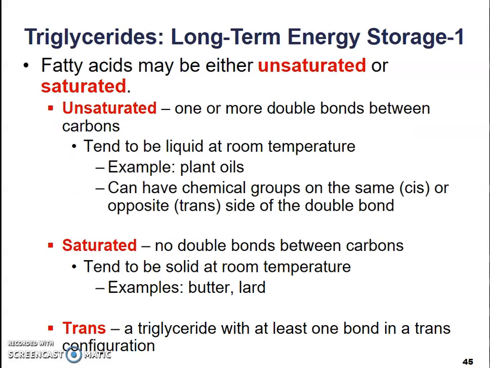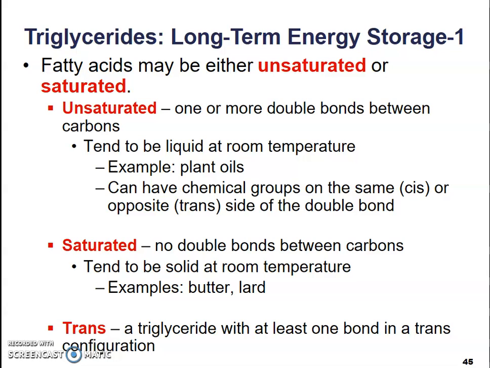There are different types of triglycerides. They can be saturated or unsaturated. Unsaturated triglycerides have a double bond or even a triple bond between some carbon atoms inside the molecule. That means that they are not holding on to as many hydrogens as possible. That's why they are unsaturated. These tend to be liquid at room temperature. Most of these come from some kind of plant source. They can have chemical groups, which you will remember from section 1, on the same side of that backbone or on opposite sides